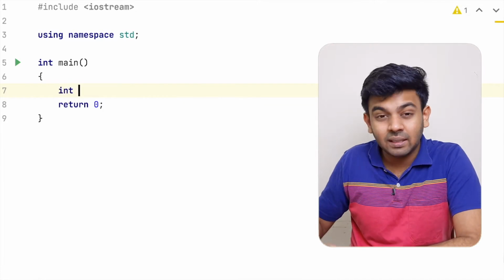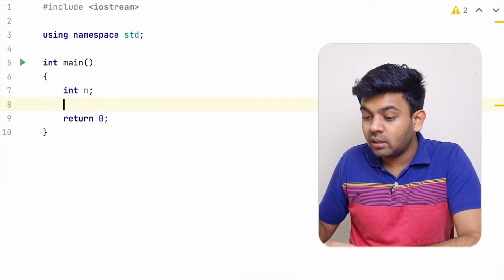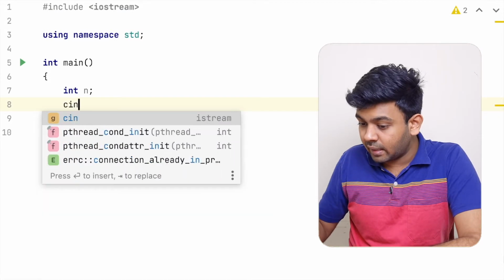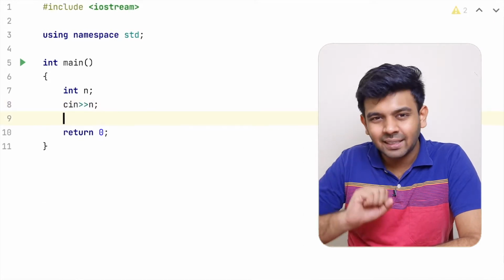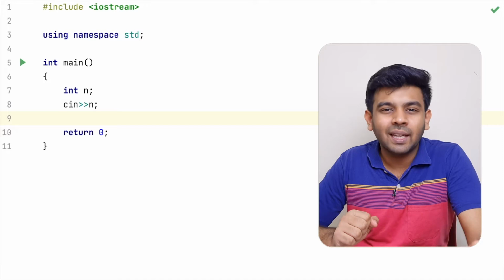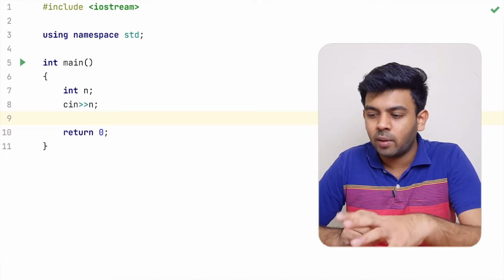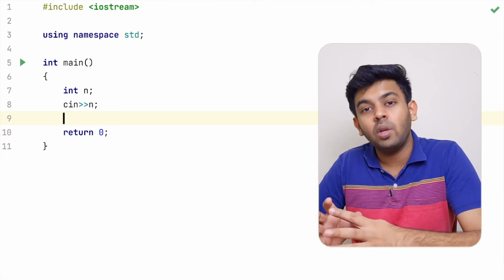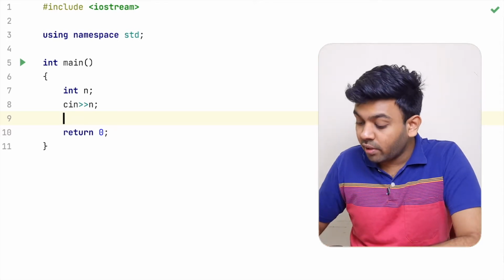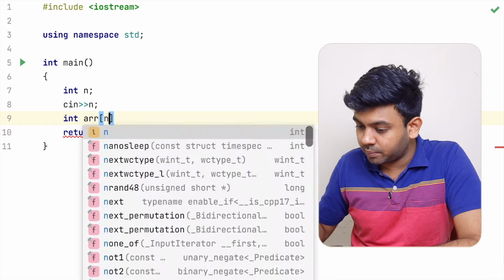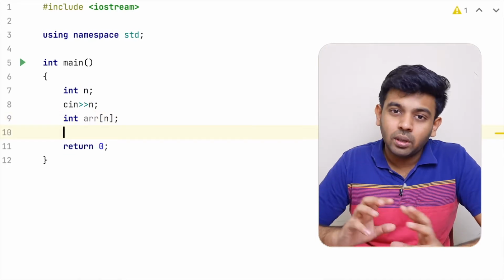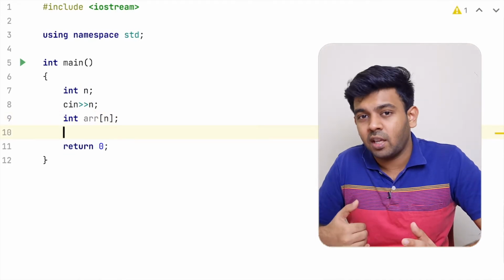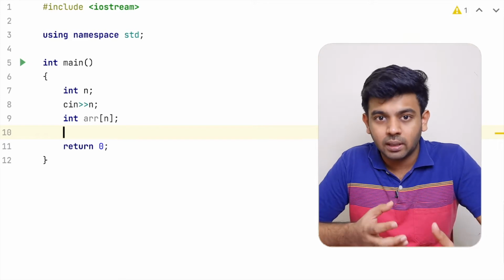So first we'll get this array input, right? I am declaring a variable n and getting this n as input. We don't know the size of the array, so we cannot declare the array yet. I am just getting the value of n so that we get to know the size of the array. Now we know the size of the array is n, so we are going to create an array of size n: int arr[n]. It creates an array of n variables, so you can get input into this array now.